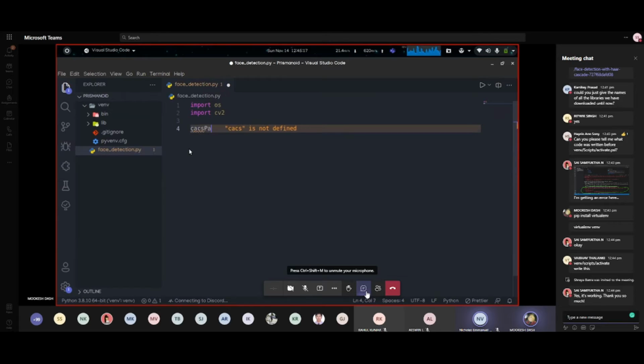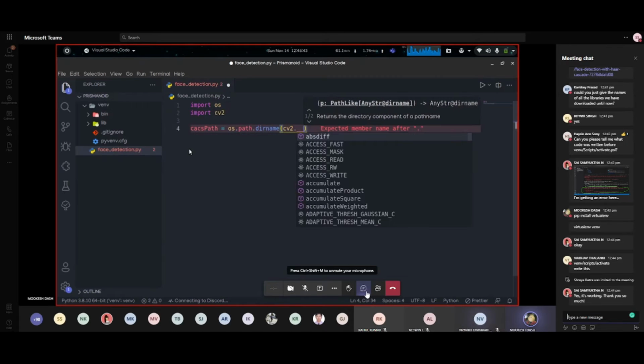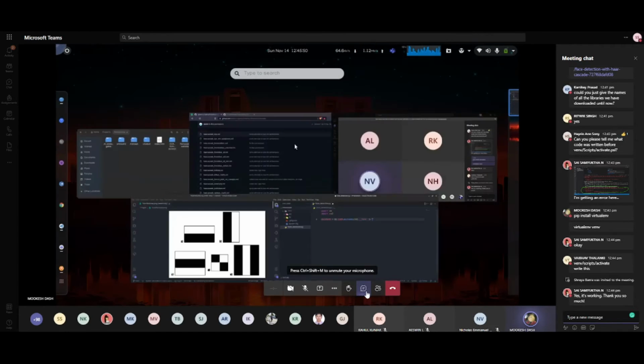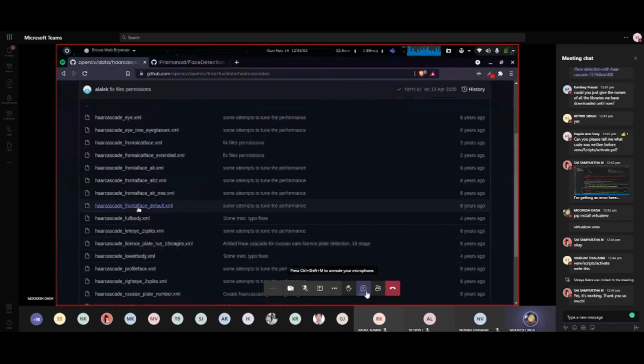Let's say cascade path is equal to os.path.dirname, I have to write os.path because it's an OS module. os.path.dirname, and then we will write cv2.__file__ plus this one.